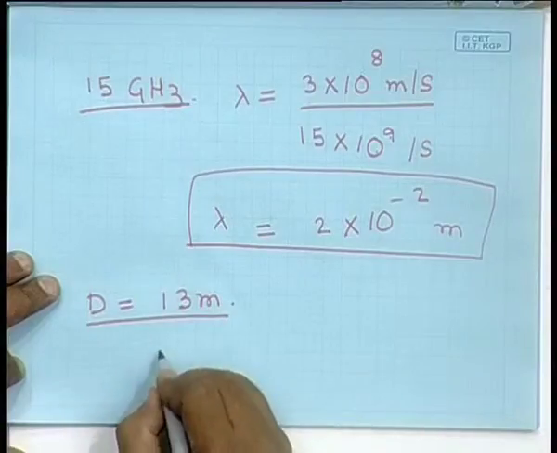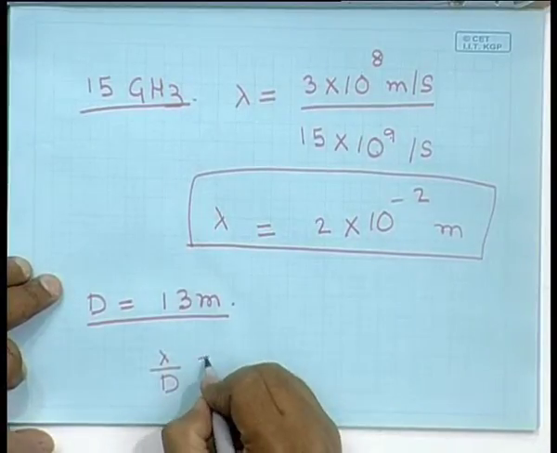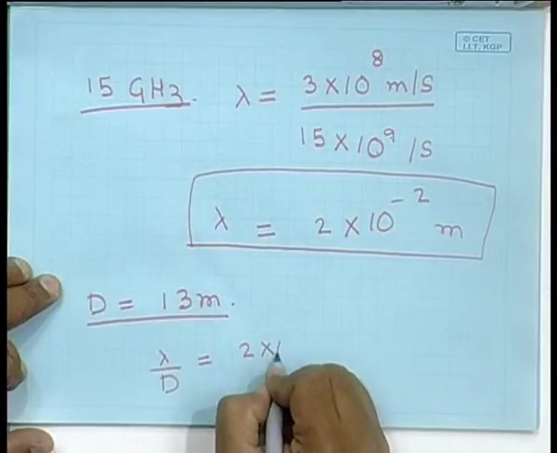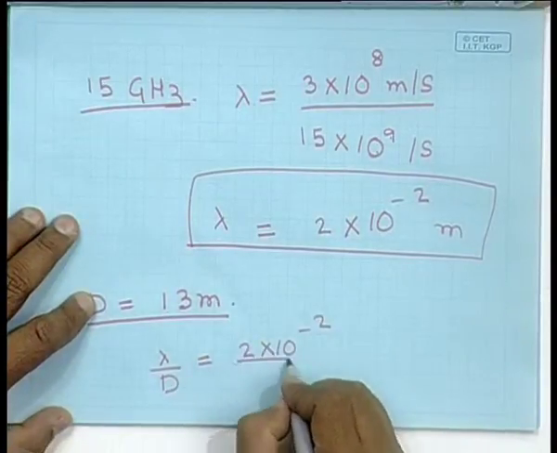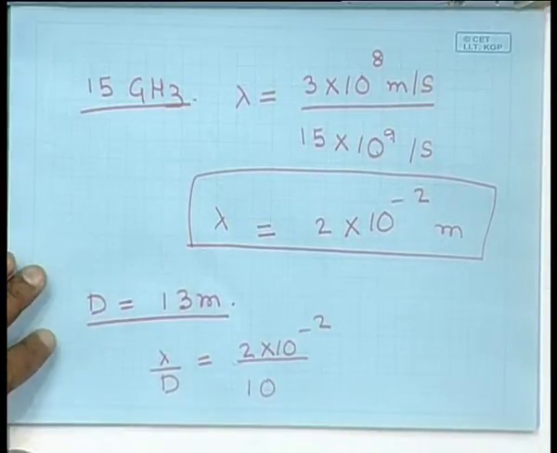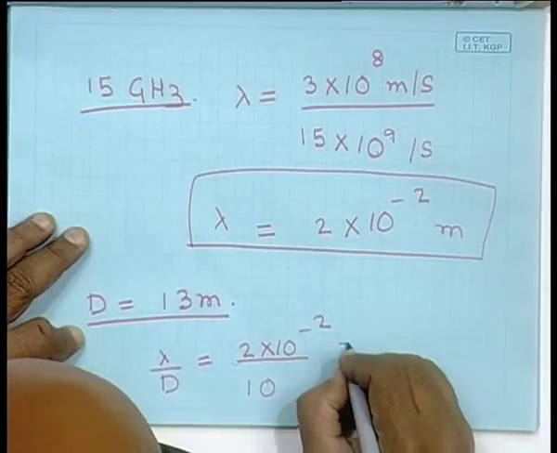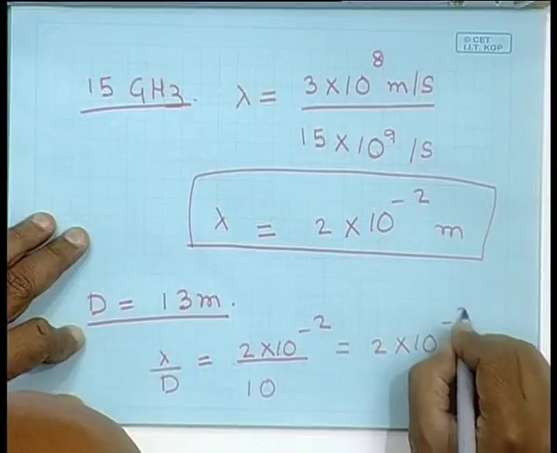So, the angular resolution of these antennas is of the order of lambda by d. Lambda here is 2 into 10 to the power minus 2, d is 13. Let me just take it to be 10 for simplicity to get an order of magnitude. So, lambda by d, the angular resolution is 2 into 10 to the power minus 3 radians,